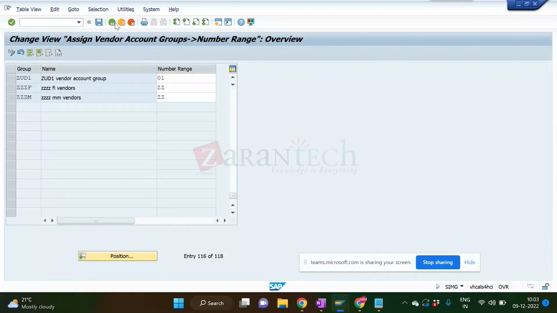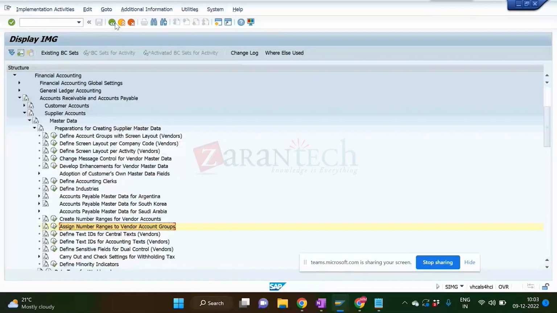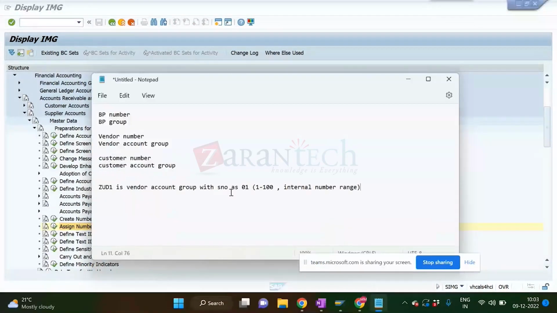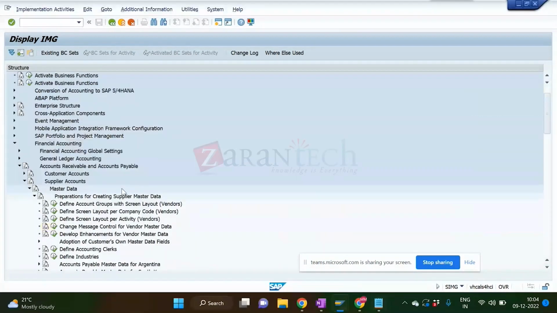Now this is done, right? Assign number ranges to vendor account groups is good. So this is not enough because we are not directly creating a vendor from XK01 in S4. We need a BP group and a BP number range also. We need a BP group and BP number range also. So now what you will do is